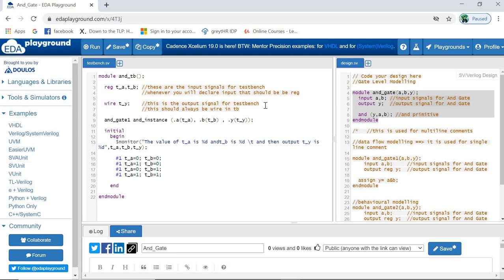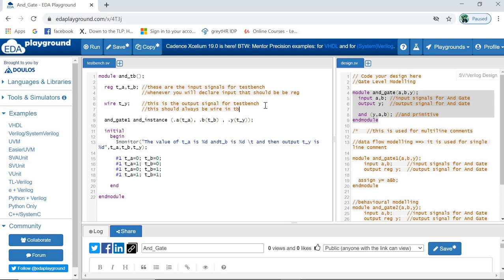I think I told you in the previous videos also, but try to understand what is the difference between wire and reg. Wire and reg, these are the data types basically. So wire is used for the physical connection between two components. If suppose you have two components, you can connect those components, and you can represent that with the help of wire. I think I have given one example, one coding, in the previous videos, where you can get the understanding of how you can use the wire. In upcoming slides we are going to discuss it in depth, don't worry about that. You can just get a small idea of how we can use wire.